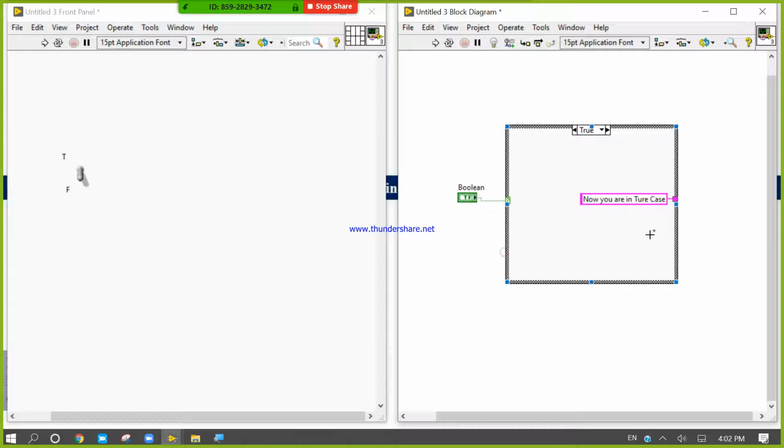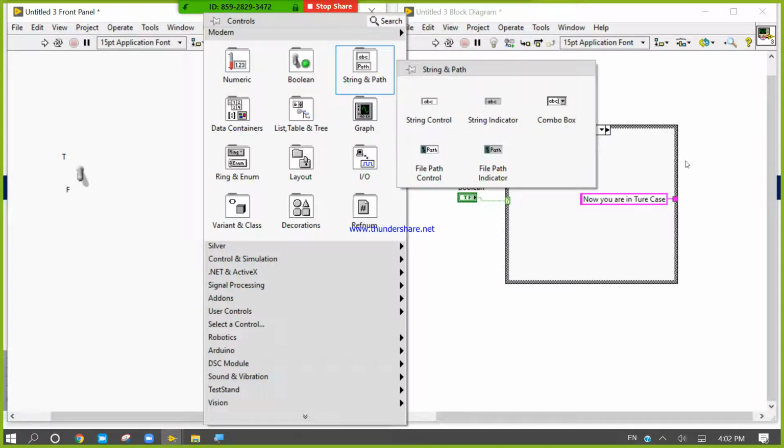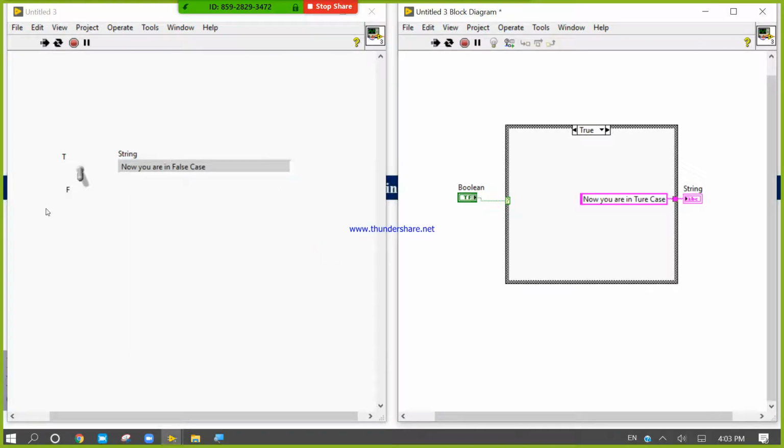Right click here, take an indicator. Increase the size. Run is false, click.